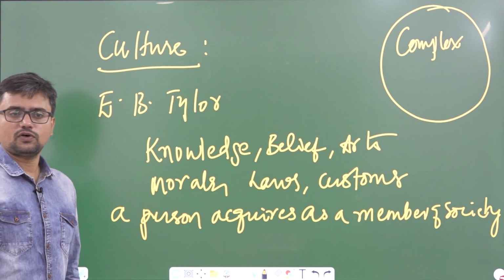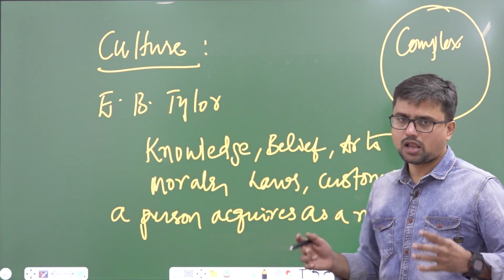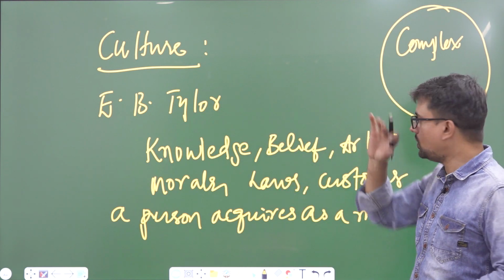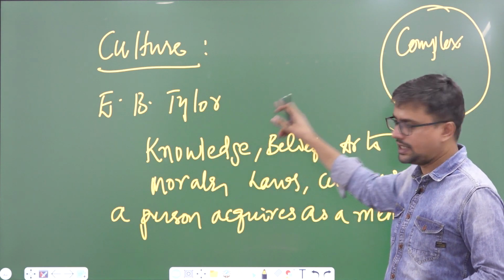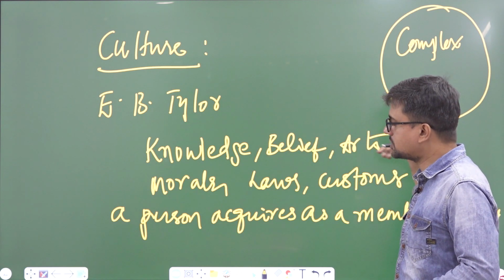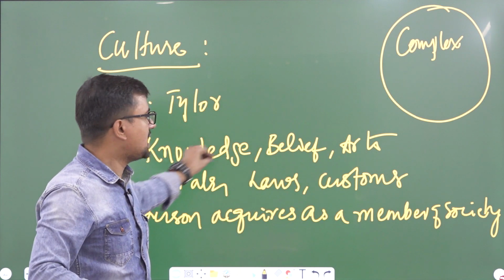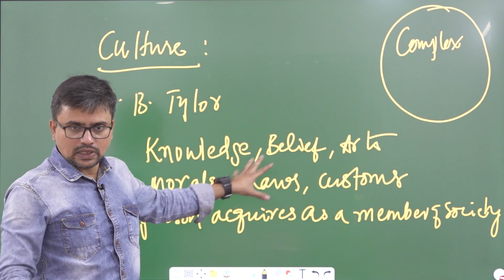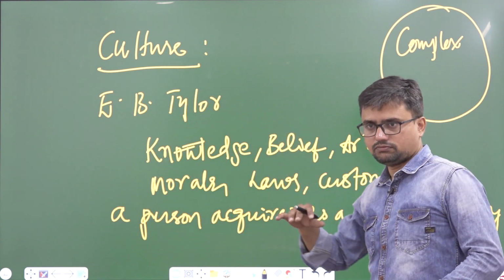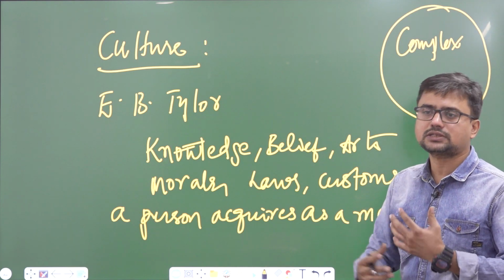As a member of a society. So culture is a complex whole. It is not that simple. Culture is a complex whole which includes knowledge, belief, arts, morals, laws, customs. It means in this complex whole, there are a few. Culture is not only the 6 elements. Culture is a complex whole which includes knowledge, belief, arts, morals, laws and customs which a